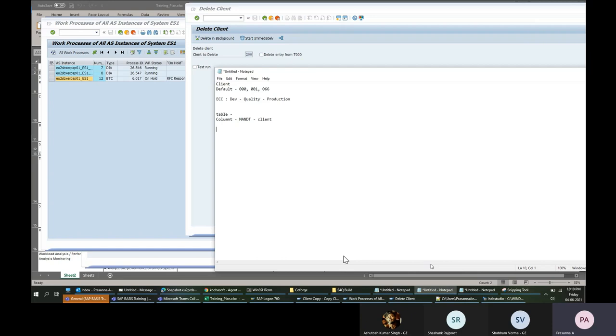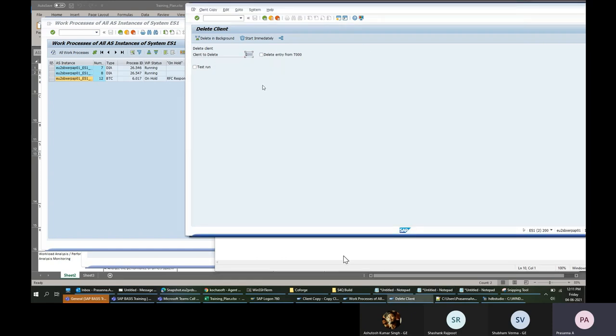Assume I want to do this process daily, maybe the report should be generated daily at 7 o'clock. One option is that daily I log into the system at 7 o'clock, go through a series of steps and execute this report. So I have to do this on a daily basis.